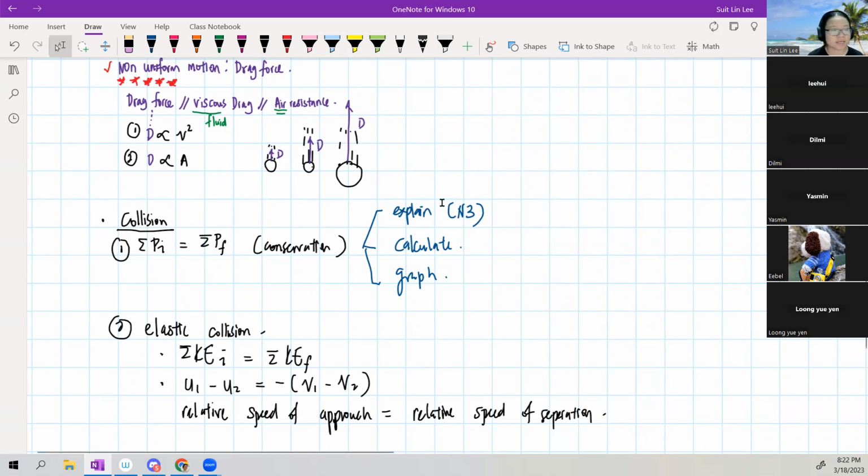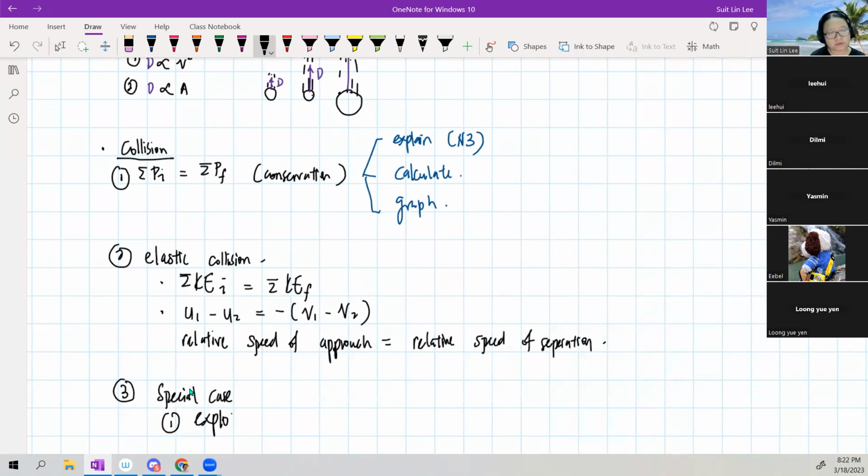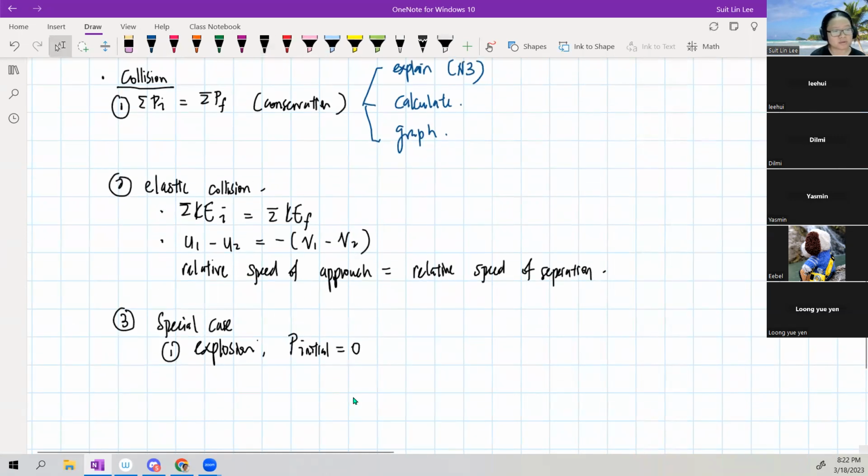And we can add a layer of difficulty. I think I've talked to you about this before. We can have special cases. The first one is explosion, where the initial momentum is 0. The objects are not moving. And the second special case is